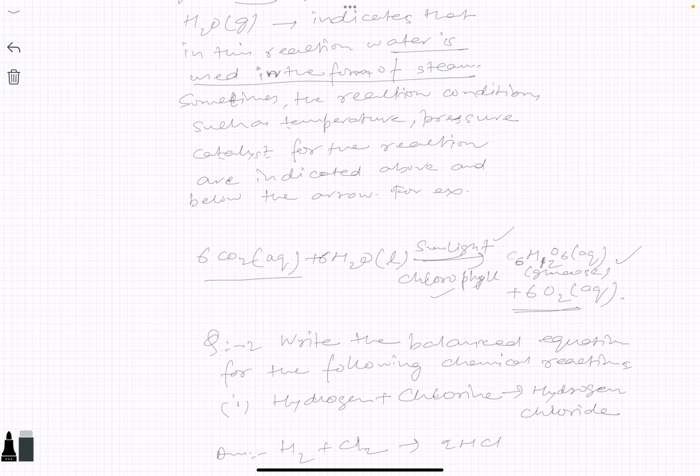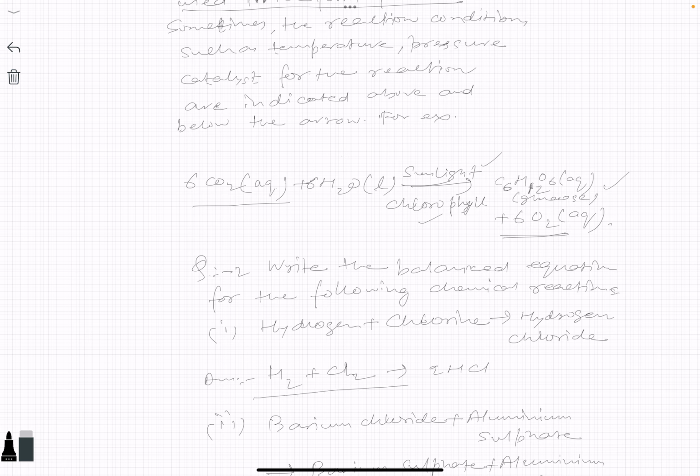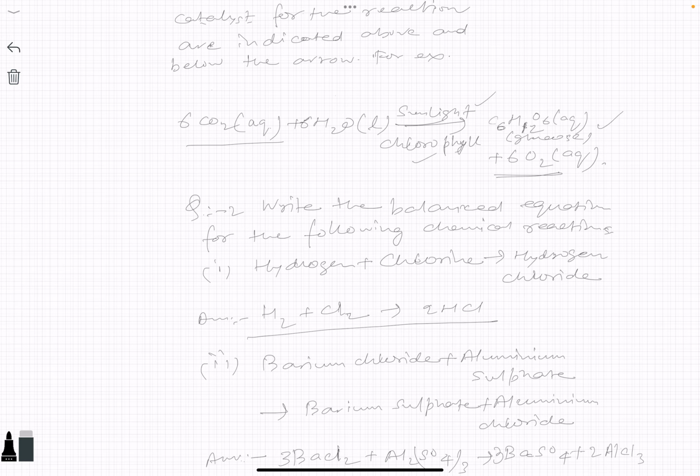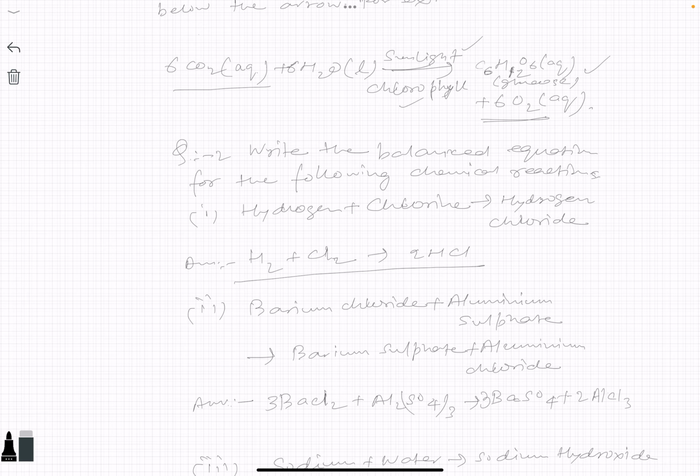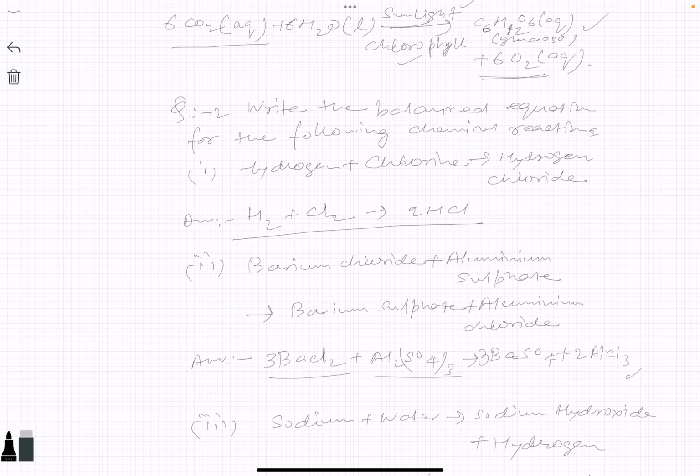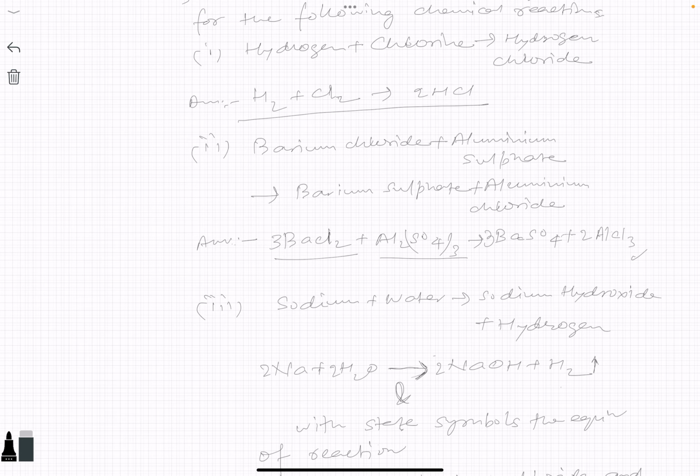Now we will write the balanced equation for the following chemical reactions. First, hydrogen plus chlorine gives hydrogen chloride. It is written as H2 plus Cl2 gives 2HCl. Second, barium chloride plus aluminum sulfate gives barium sulfate plus aluminum chloride. 3BaCl2 plus Al2(SO4)3 gives 3BaSO4 plus 2AlCl3. Third, sodium plus water gives sodium hydroxide plus hydrogen: 2Na plus 2H2O gives 2NaOH plus